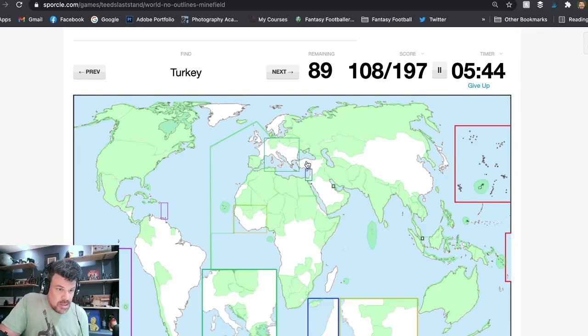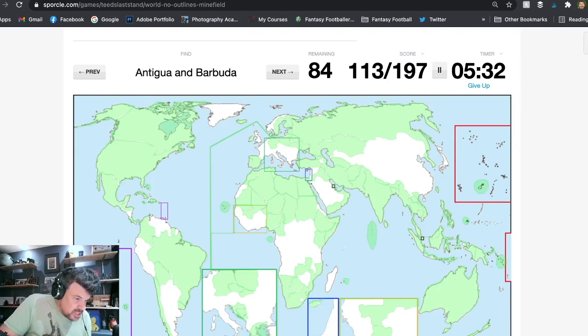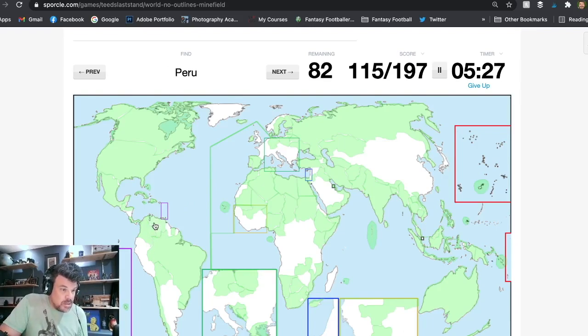Chad, Turkey, Ireland, Brazil, Uruguay, Sweden, Antigua and Barbuda are these two. Venezuela, Peru, Serbia, Burkina Faso. It should just be here. Yeah. Madagascar, the Netherlands,